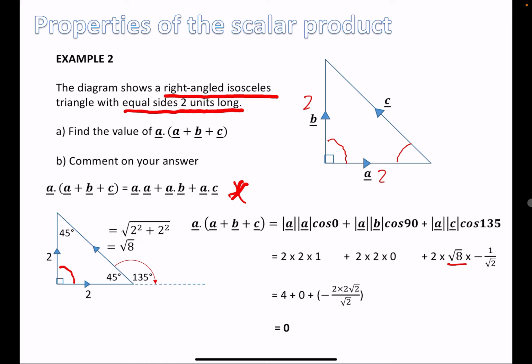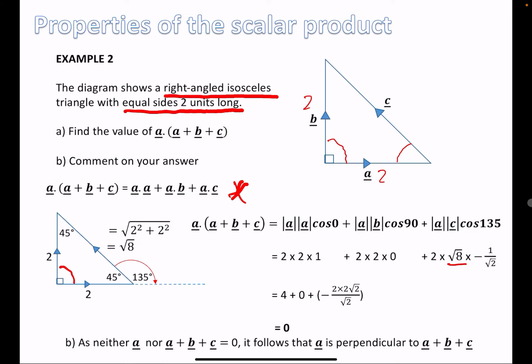If I'm going to have to comment on my answer of a scalar product, the only thing I can really comment on is when the answer is 0. So it almost gives you a clue. If you looked ahead at part B and thought, comment on your answer, the only thing you can really comment on is when it equals 0. And what that tells me is that